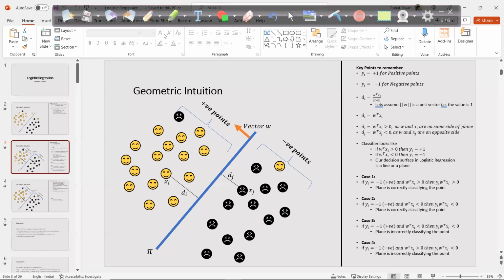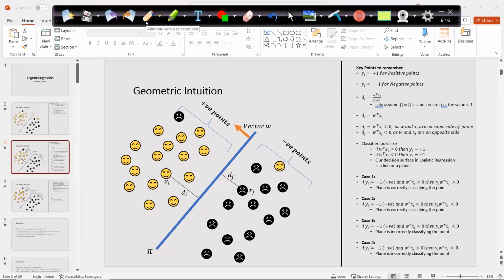So here you can see, again, there are some mathematical concepts. There are some linear algebra concepts which you should have an idea about. As of now, I am not discussing that because we have a time constraint. But one of the mathematical properties which we have is, if there is a plane pi and this is my vector w which is perpendicular to this plane pi, any point which is in the direction of w, and if I want to find the distance, for example, of this point, this distance will be a positive distance